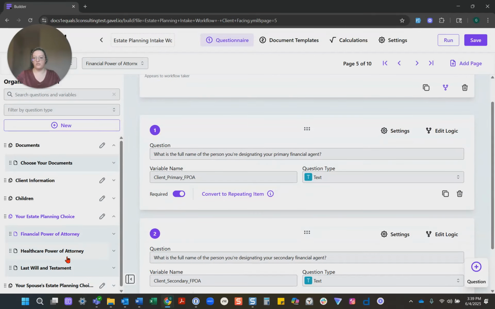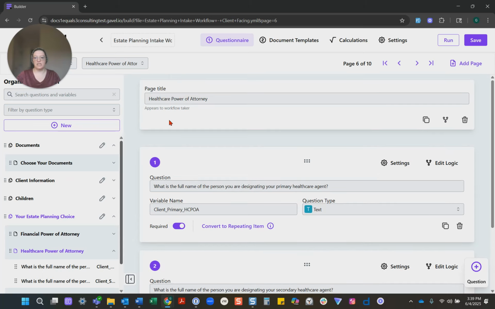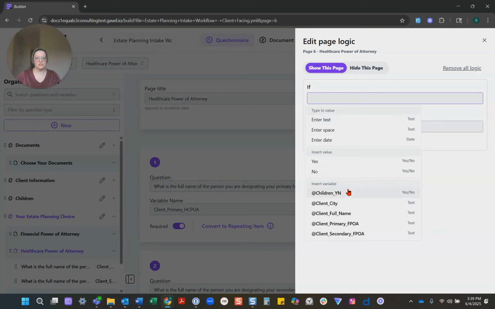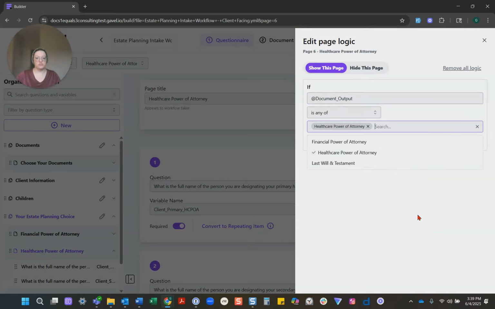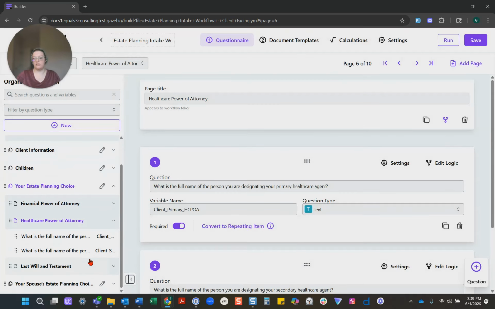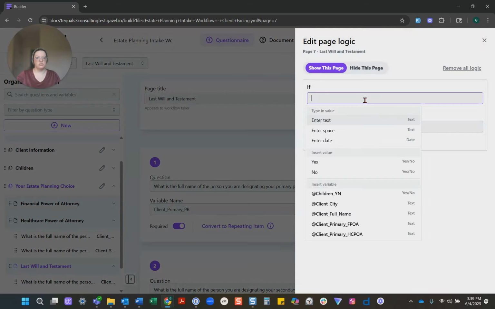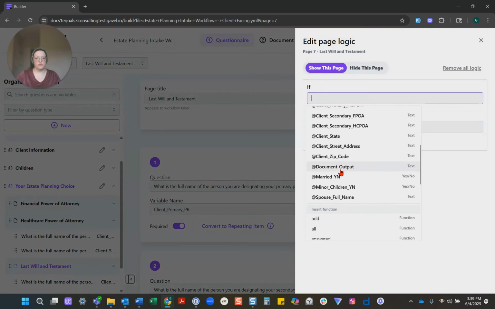And you can do that for all of the corresponding pages. So we'll do the same thing. I'm clicked into the healthcare power of attorney page. I'll go to Add Logic. Find the variable that we want to use, choose healthcare power of attorney. Same thing for the will. Find the variable